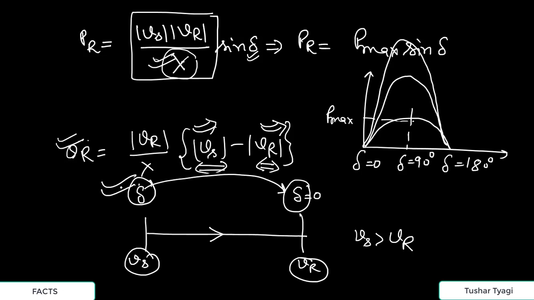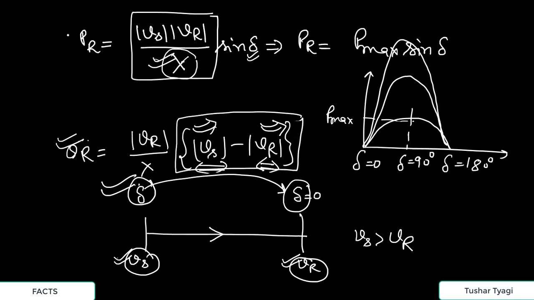It is true for power system, for everywhere it is true. Active power always flows from higher delta to lower delta, and reactive power always flows from higher voltage to lower voltage. And the amount of how much reactive power will flow will depend on the differences of the voltage,